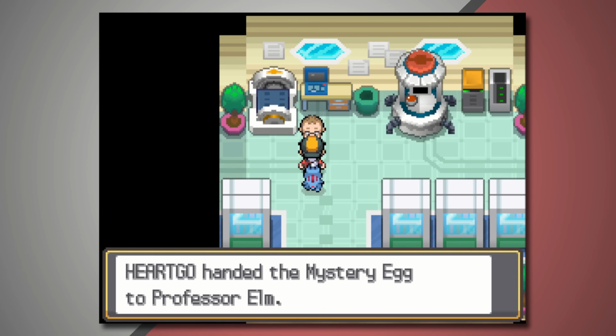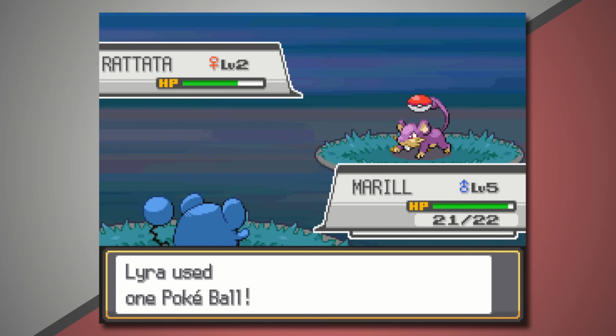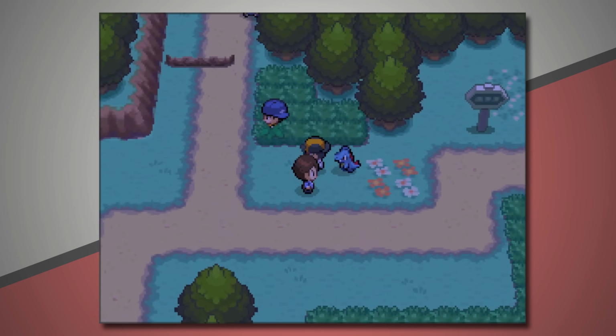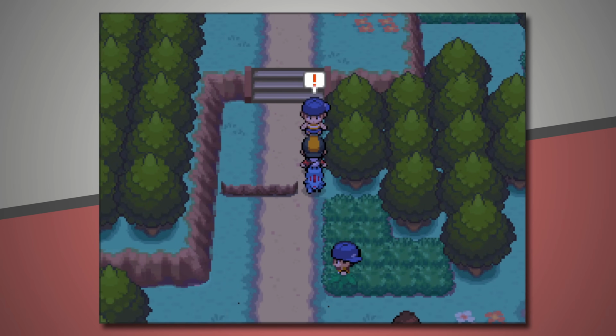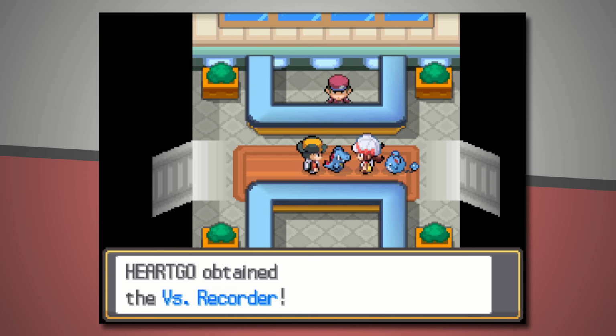Elm looks at the egg, and we leave. And then Lyra shows us how to catch a rat. We start making our way towards Violet City, and I finally managed to dodge the secret ninja youngster Joey to take on youngster Mikey. We battle some more bugs on the way, Lyra gives us the versus recorder, and we